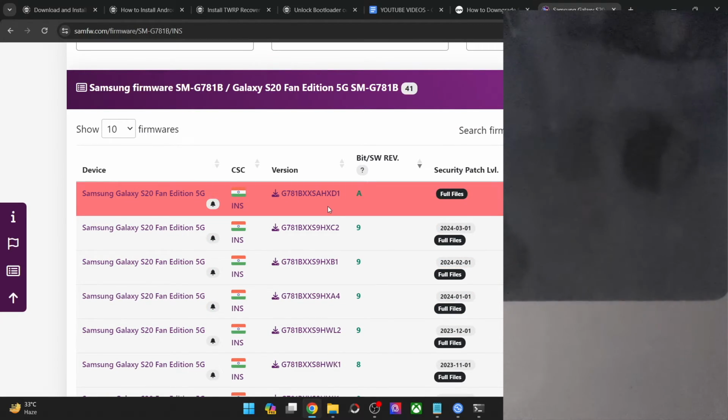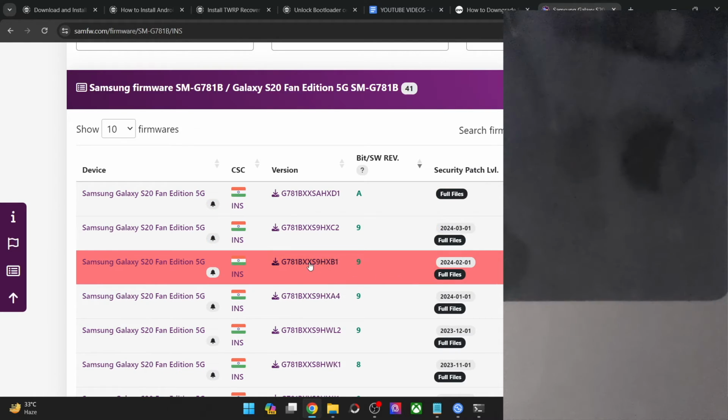So in the current state I cannot do a downgrade to a lower OS version because there is no build number or bootloader version which has the A bit, as you could see. So let's suppose I was currently on this firmware. On this firmware the bootloader version is 9. Again, it's the fifth value from the right hand side, as you could see, it's 9 from here. So in that case the bootloader version is 9.